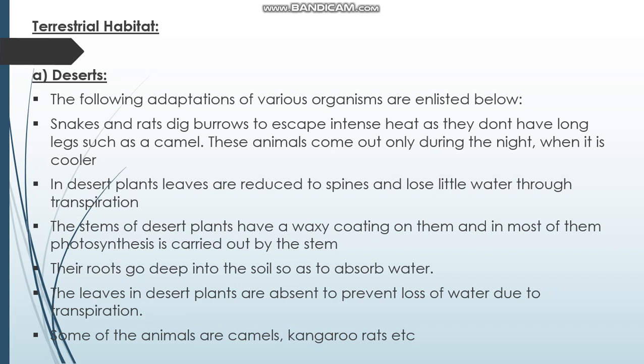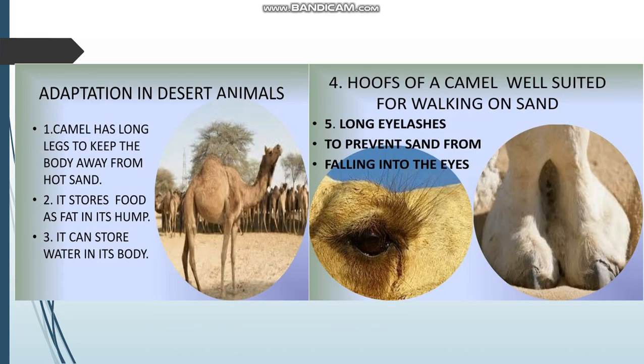If you see the desert habitats, the following adaptations are seen in various organisms. Snakes and rats dig burrows to escape intense heat, as they do not have long legs such as the camel. These animals come out only during the night when it is cooler. In desert plants, leaves are reduced to spines and lose little water through transpiration. The stems of desert plants have a waxy coating, and in most of them photosynthesis is carried out by the stem. The leaves in desert plants are absent to prevent loss of water due to transpiration. And some of the animals which live there are camel, kangaroo,